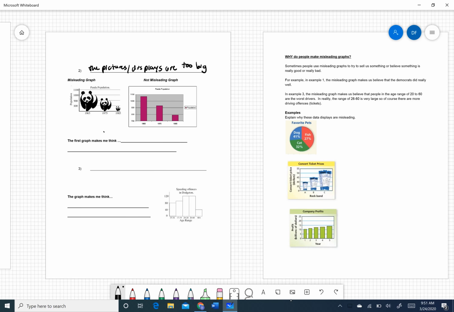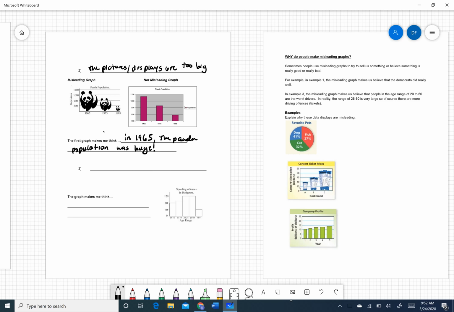And so if we look at my misleading graph on the left, it looks like our panda population was really big, right? It looks like our panda population was huge compared to 1975 and 1985, right? So this first graph, we can go ahead and write, makes me think that in 1965, the panda population was huge,